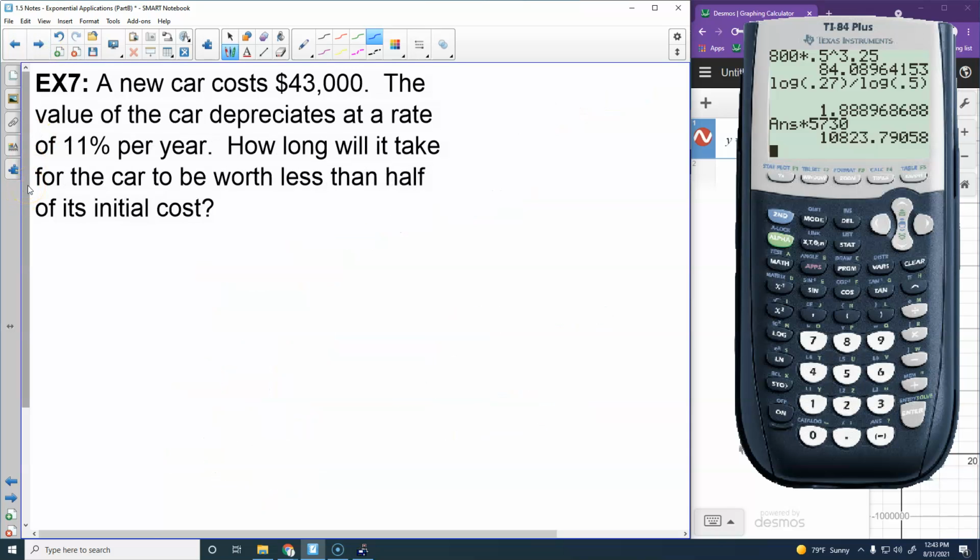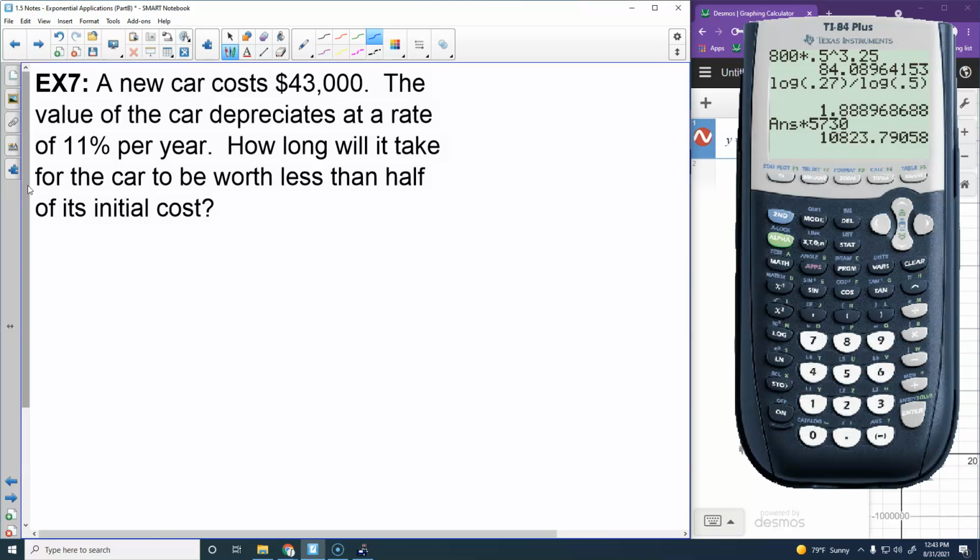Okay, one last thing that we're going to look at: depreciation. This is going to happen. This is actually what happens when you go buy a new car. Sometimes I hear people calling their car an investment. If it is an investment, it's a terrible investment because your car is going to decrease in value if you